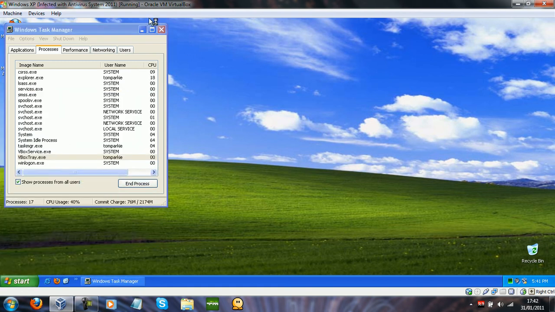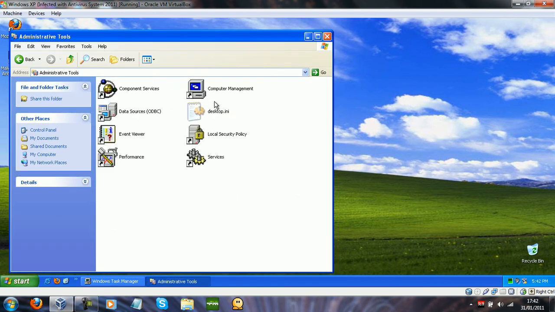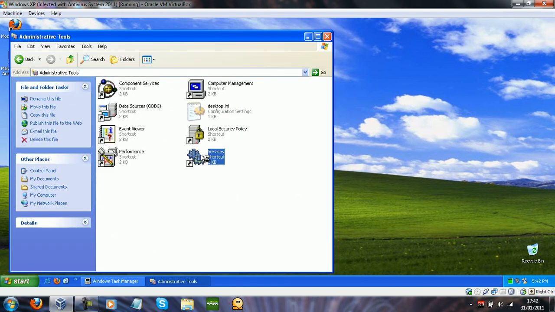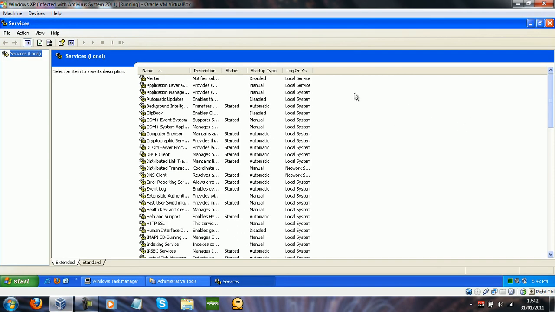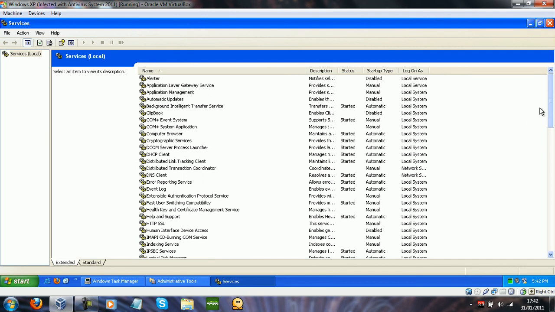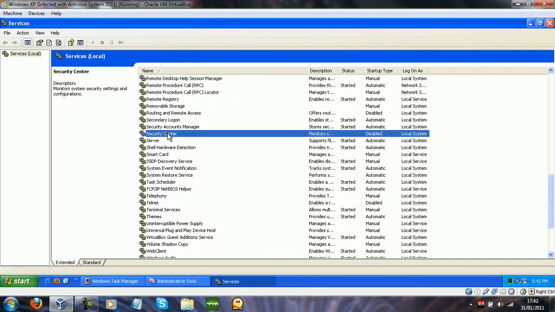If you go to Control Panel and you go to Administrative Tools, go to Services, you'll also notice that the Security Center has actually been bypassed and it's been disabled. So look, see, that's actually been disabled by the virus, and the red shield that you saw down there earlier was not by Microsoft, but it was by Antivirus